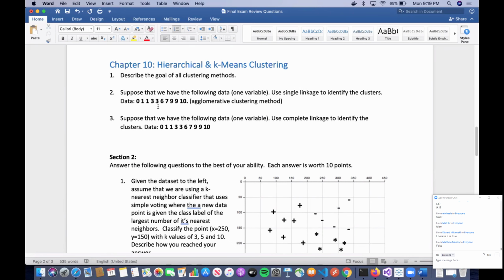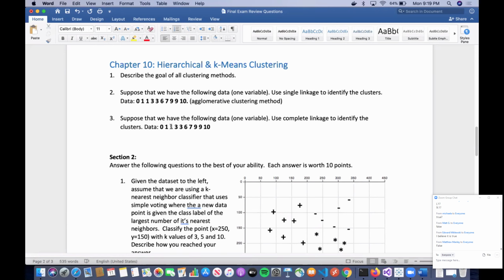Chapter 10 is about hierarchical and k-means clustering. So the first question there would be to describe the goal of all clustering algorithms or all clustering methods. What's the goal? And then we emphasize this in class, right? I mean, you have the in between cluster,